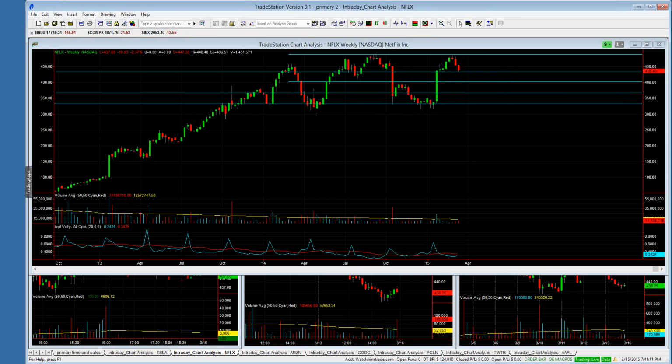and I'm going to go for a breakout. And if that is to happen, what Netflix needs to do is it needs to regain 450. Needs to regain 450, get stability back above 450. If that can happen, that's a very good sign for Netflix. But if it can't regain 450, then Netflix looks vulnerable, and I would expect another leg lower